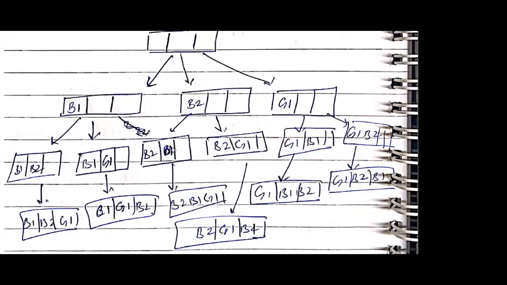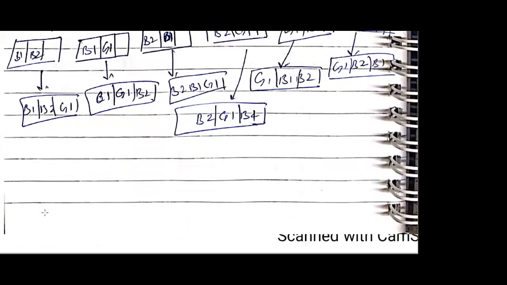Again, if we are allocating B2 B1, then in the third slot we simply place the girl denoted by G1. If we select B2 G1, then in the third slot we simply place boy B1. Now if we take G1 B1, then in the third remaining slot the remaining boy B2 sits. And if we take G1, B2, then the remaining third slot will be occupied by boy 1 denoted by B1. So these are our various choices for placing boys and a girl on 3 vacant positions using the recursive procedure one by one.